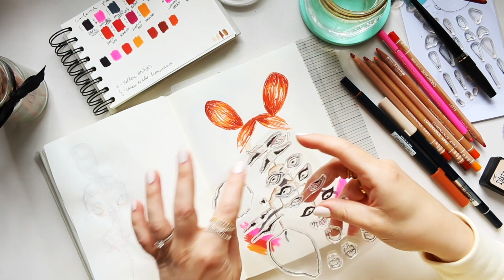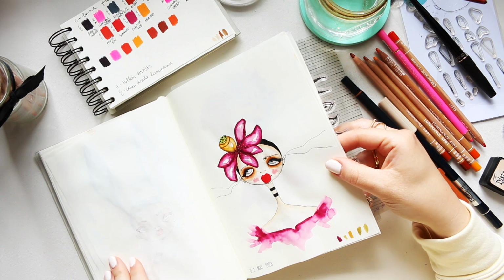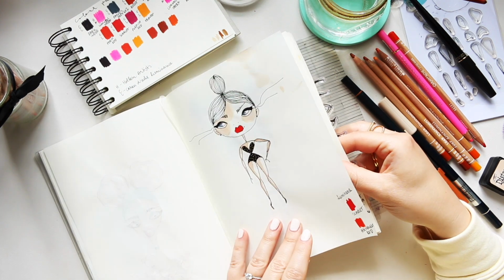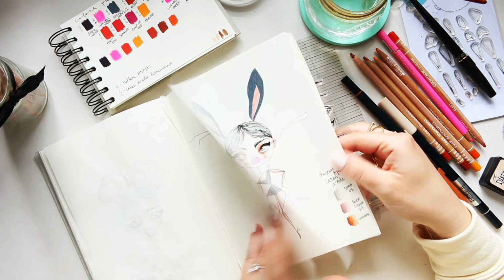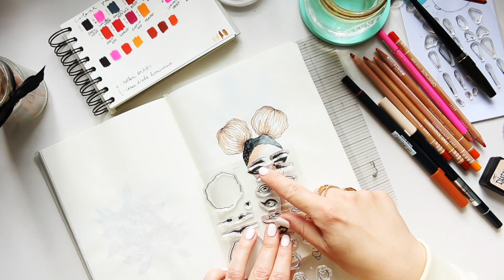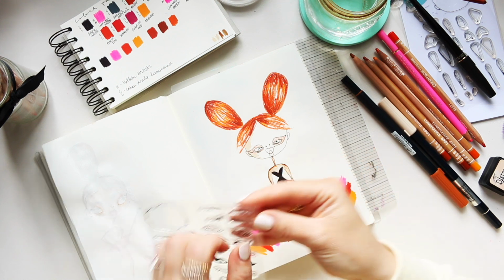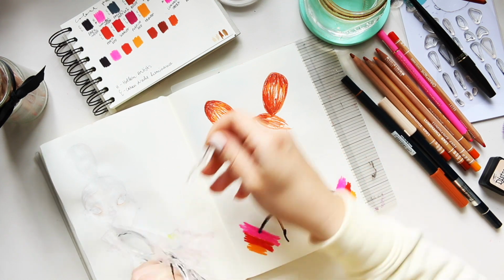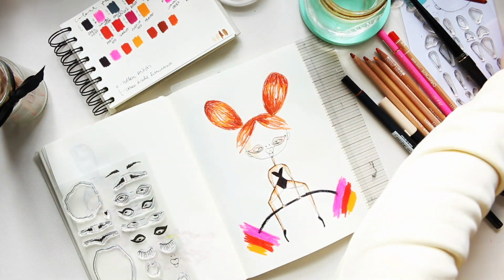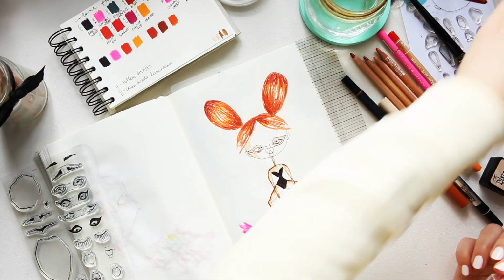Okay, so what I decided to do is, I was getting some inspiration from the illustrations where I used my stamp set, I think maybe this one, and here I've stamped this eyebrow, the first one. But what I'm going to do this time is stamp it separately. So first I'm going to stamp this one. So if you don't want to cut them apart, this is what you can do. I'm just looking for an extra